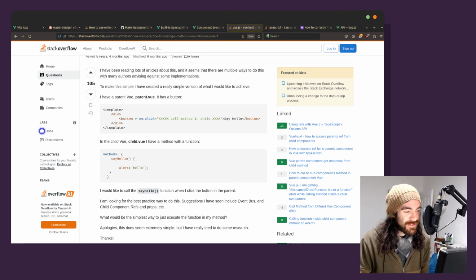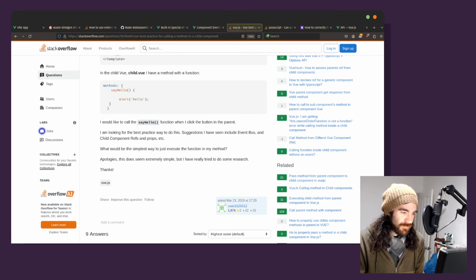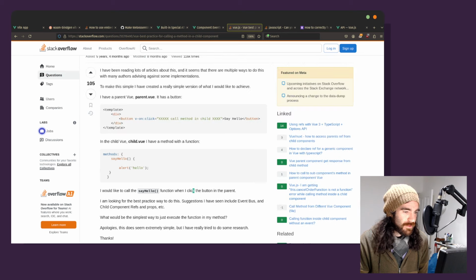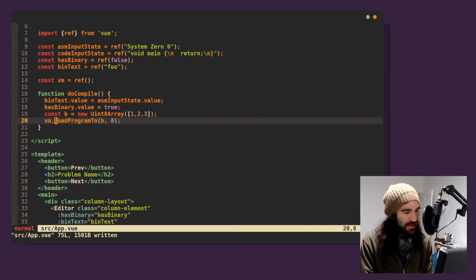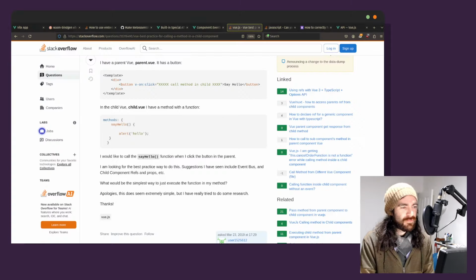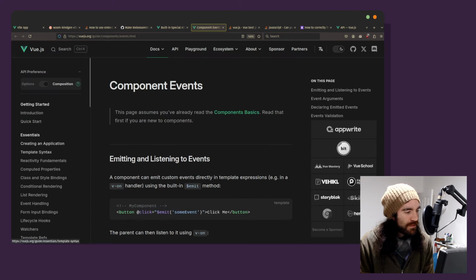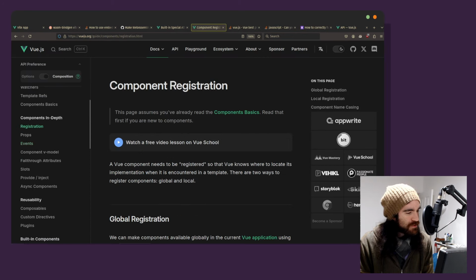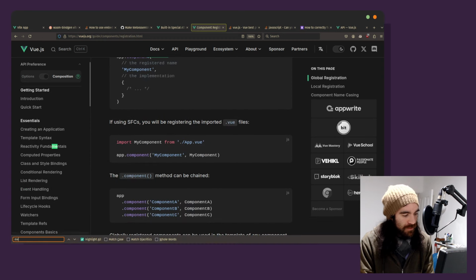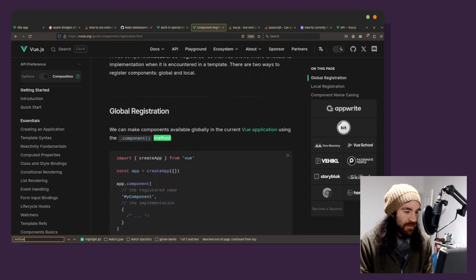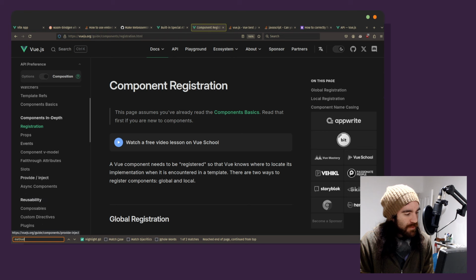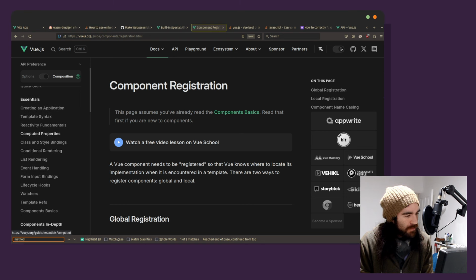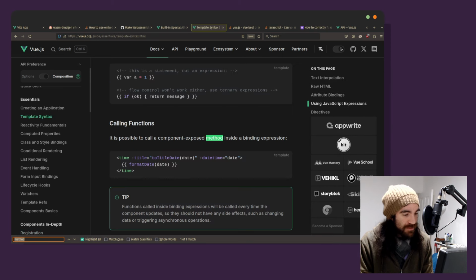Okay, on click, call method in child. This is what I want. When I click the button in the parent, refs, my child dot say hello. Okay, that's it. That's what we do. Do I have to like... where are we? Creating components, registration, method. Component method can be chained. No, that's not it. Props, events, computed properties, class and style bindings, conditional rendering, template syntax, method,